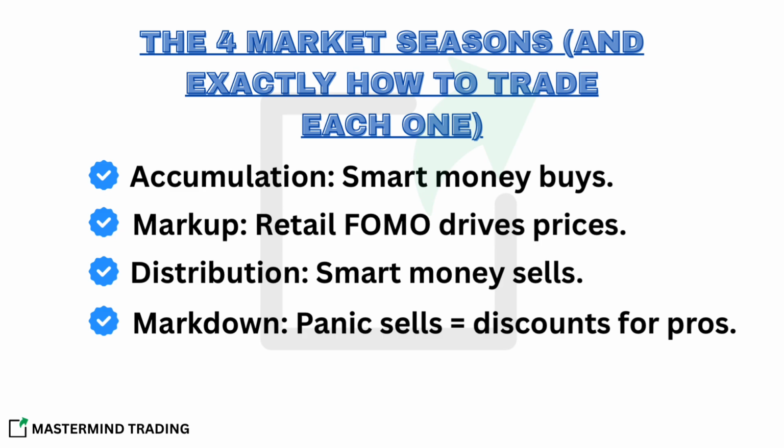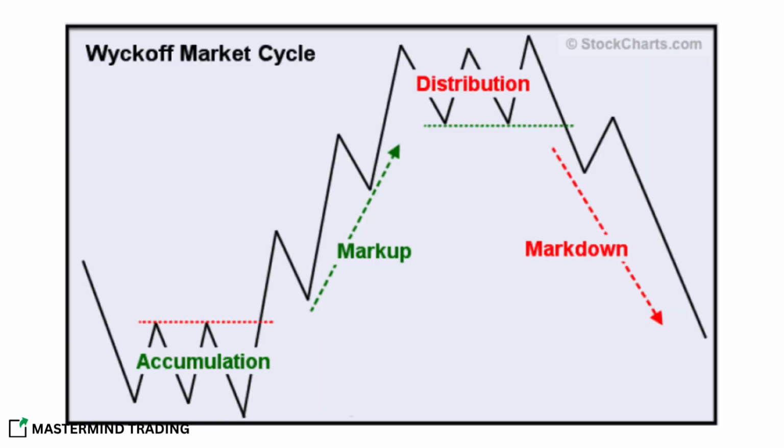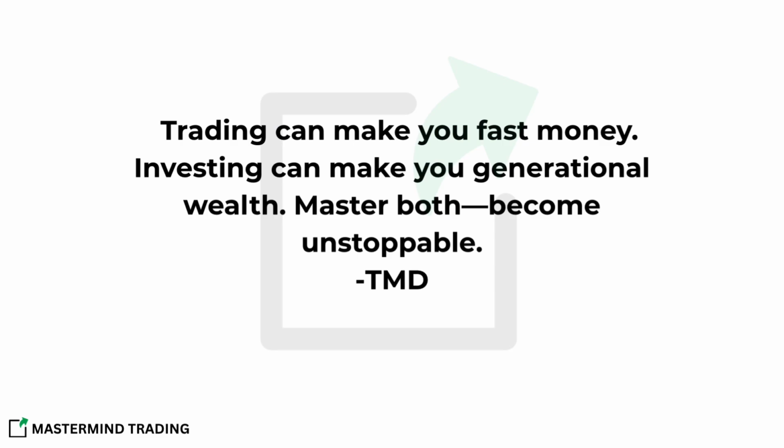It is usually followed by the markdown or contraction phase, which is usually that period where, after institutional and smart money have sold off in the distribution phase, retail begin to identify this selling activity and start to jump in and panic sell. So guys, these are basically the four market cycle phases that we have, regardless of whether it is a bull market or a bearish market. It is very important to understand these four phases, because you don't want to be buying where most of the market participants are looking to sell, as well as you don't want to be selling